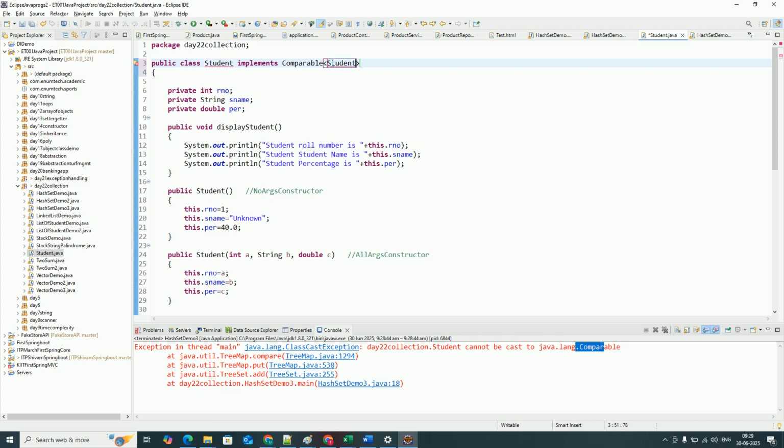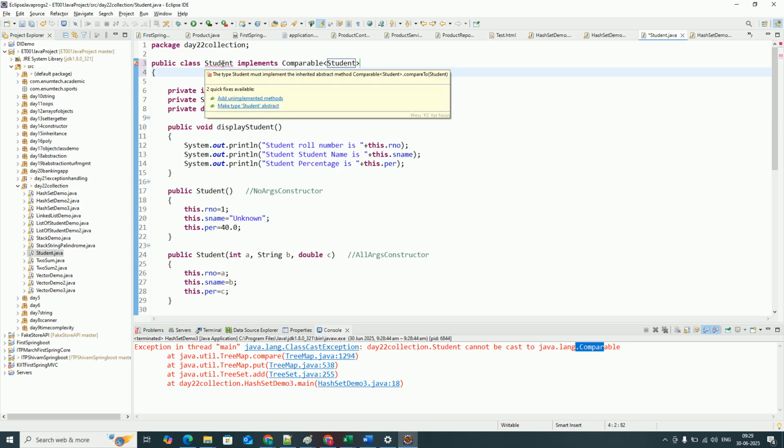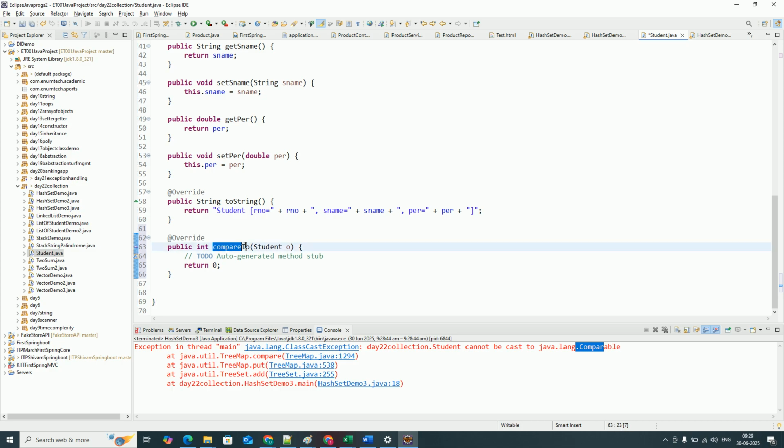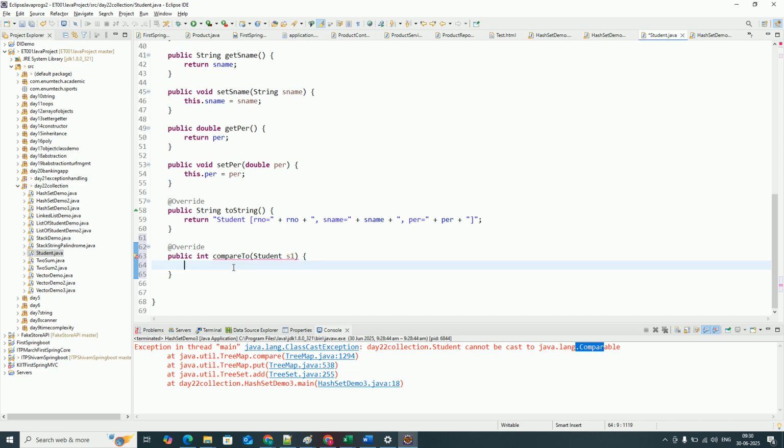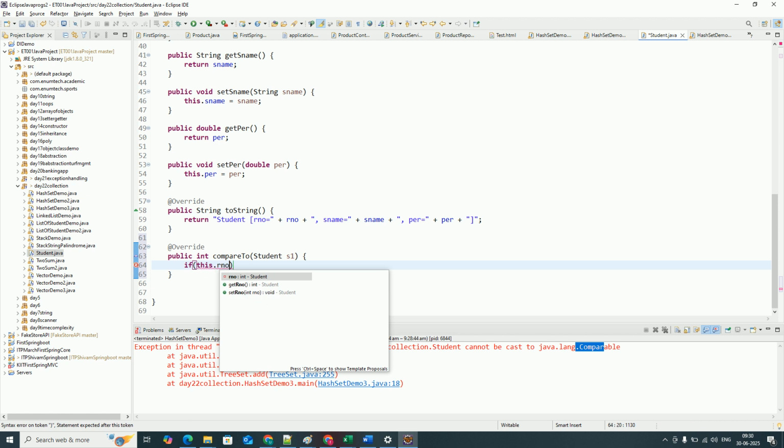So now whenever you implement the interface, what do you have to do? It has only one method. Which method? compareTo. Okay. So here you can give the comparison mechanism on which basis you want to compare the objects. So we are making a list for attendance. Attendance will compare on roll number. So we will say if this dot roll number is greater than S1 dot roll number,